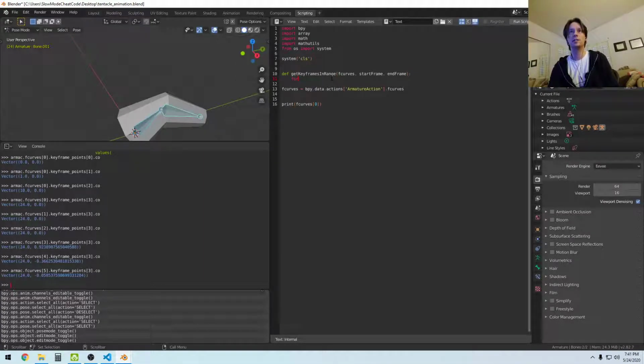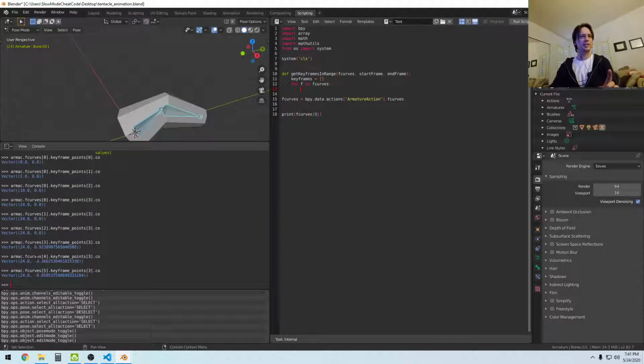So for F in F curve, actually let me go ahead and make the list of keyframes here. So for F in F curves, once you get the F curve, you need to get the keyframe point. So now I need to iterate through that. So for K in F dot keyframe points,